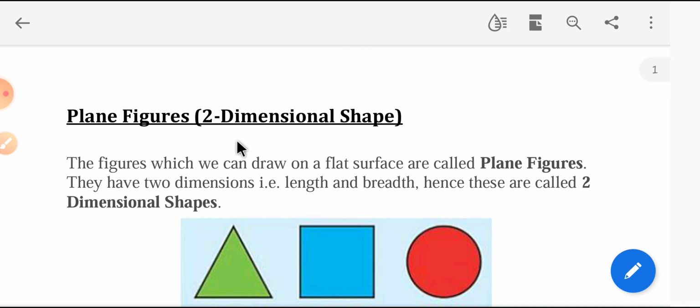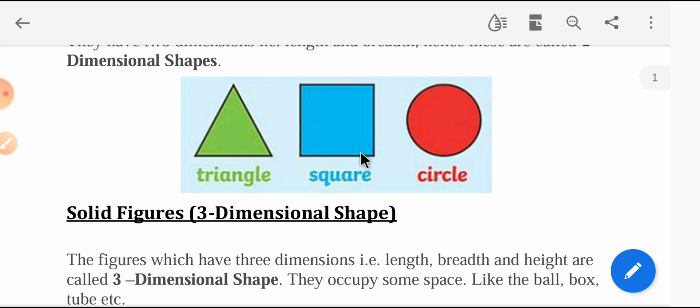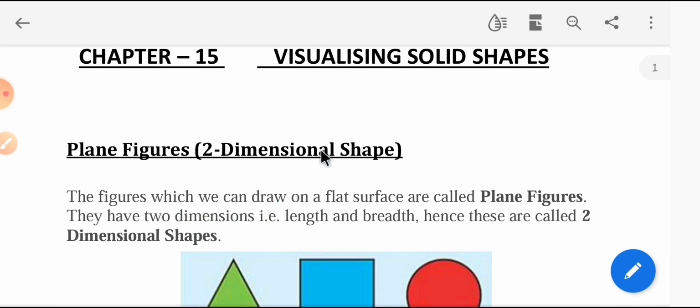So plane figure or two-dimensional shape. The figures which can be drawn on a flat surface are called plane figures, or we can say that the figures which can be easily drawn on paper or blackboard, that type of surface figures are known as plane figures. So they have only two dimensions, means they are only having length and breadth. So these are called two-dimensional shapes. You can see the triangle, square and circle, they are having length and breadth. So this type of figures are known as two-dimensional shapes, which can be easily drawn on a plane or a flat